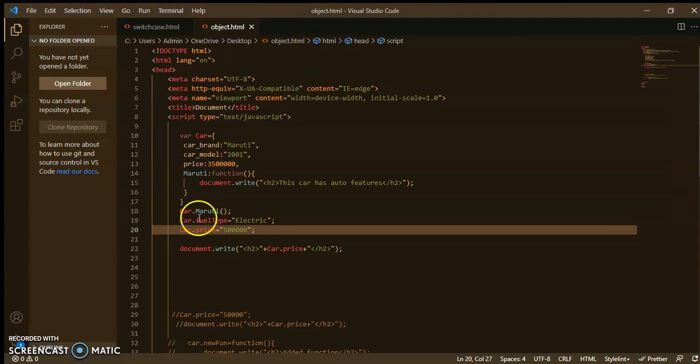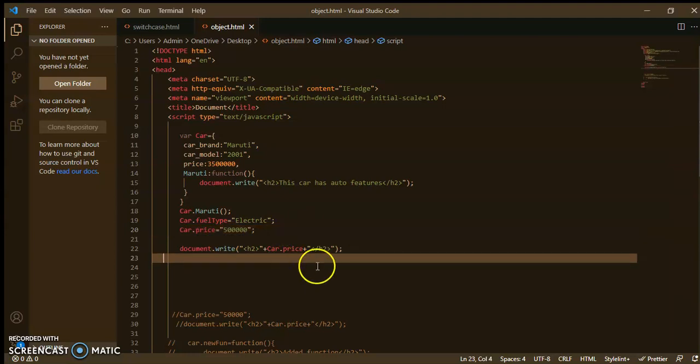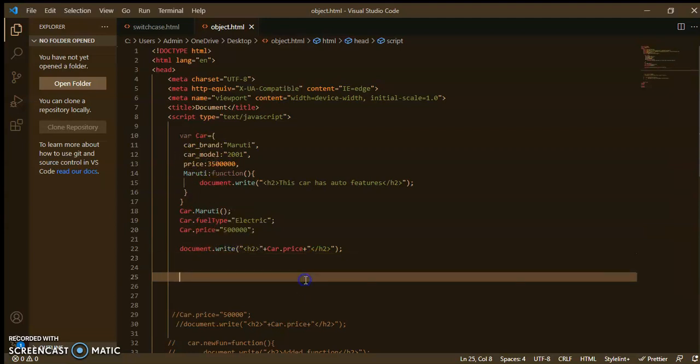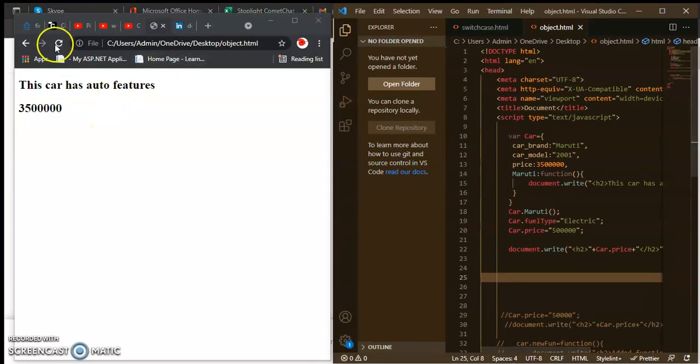Here is an integer type, here is a string type. So what happens now if I write car.price? It will display this one, not that one. Let's see. Press Ctrl+S and go to the browser. You can see 50 lakh is displayed. Whatever is set outside the object is displayed first.